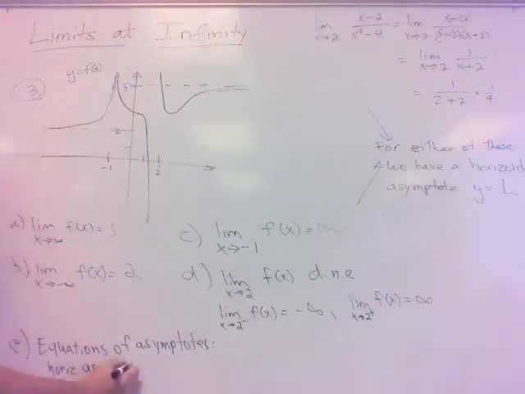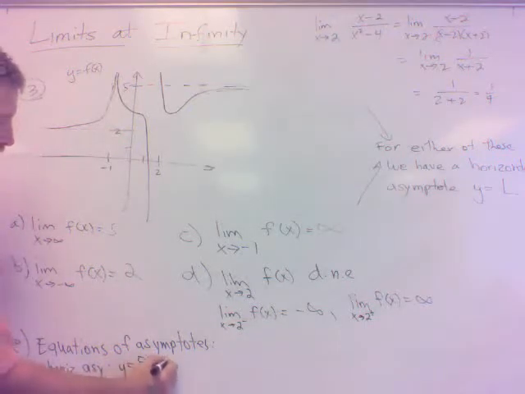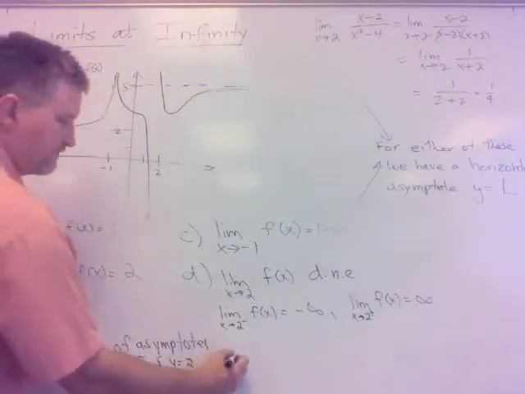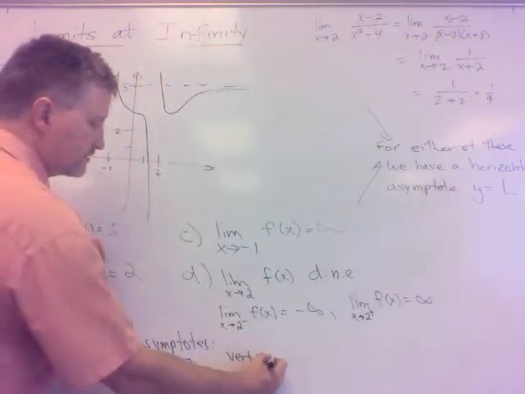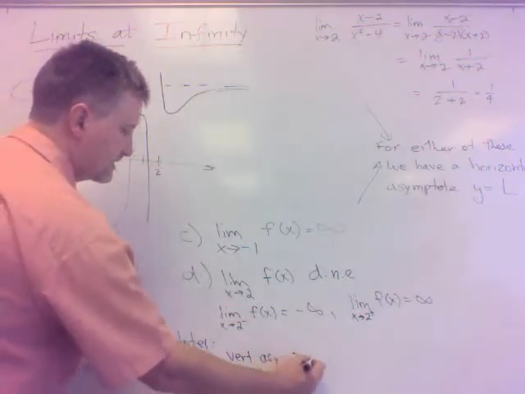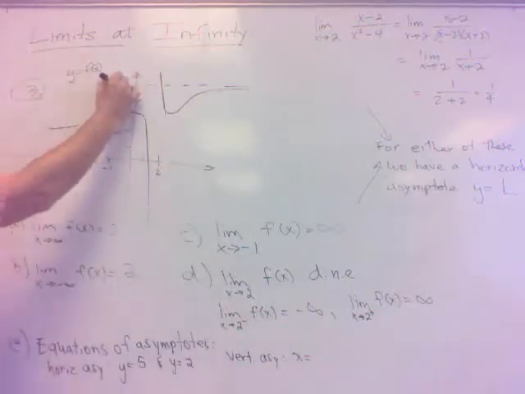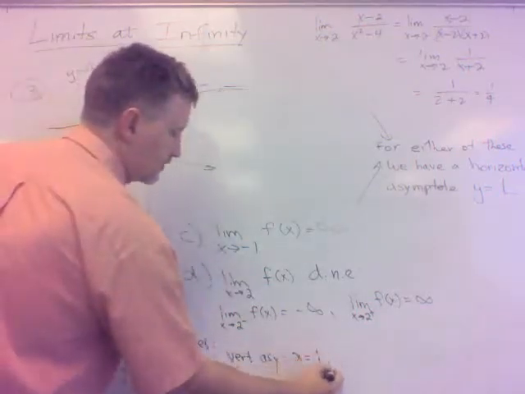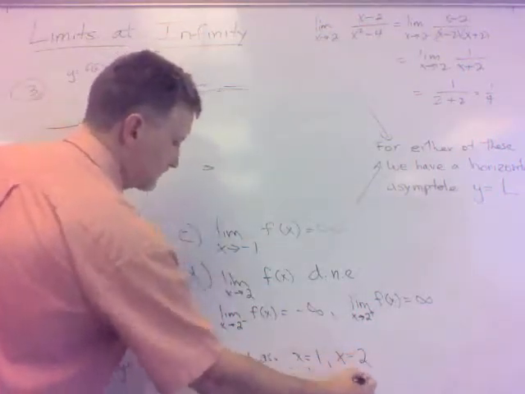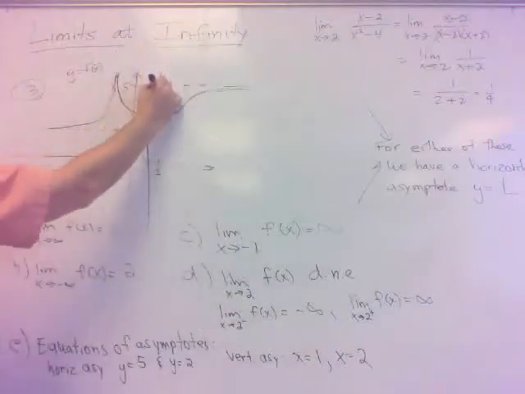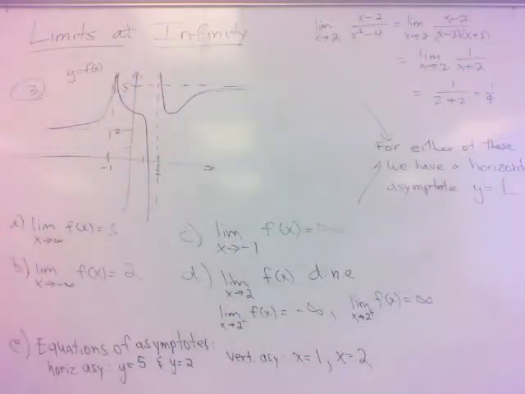So it's y equals 5 and y equals 2. But then I also have vertical asymptotes, and the vertical asymptotes are x equals a number. So we've got a vertical asymptote at x equals 1 and a vertical asymptote at x equals 2. That's the difference between those two. With me? We have to draw